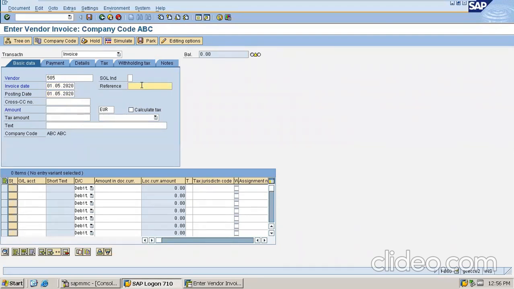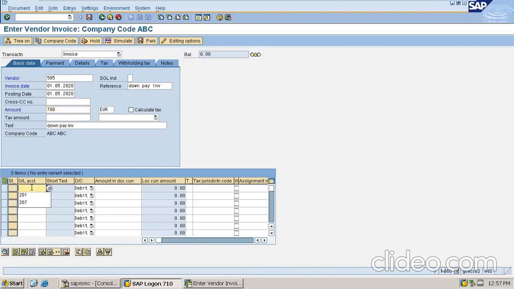Reference: down pay invoice. Let me put a text. Amount, let me assume 700.